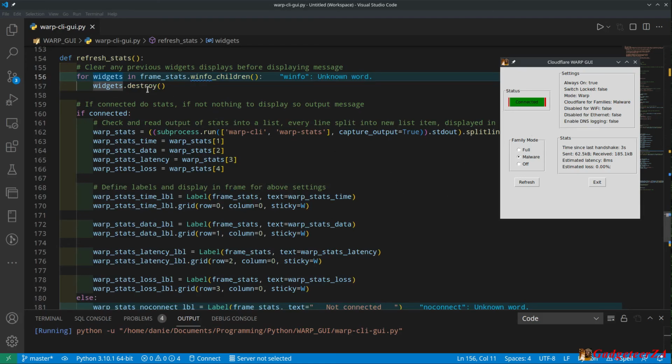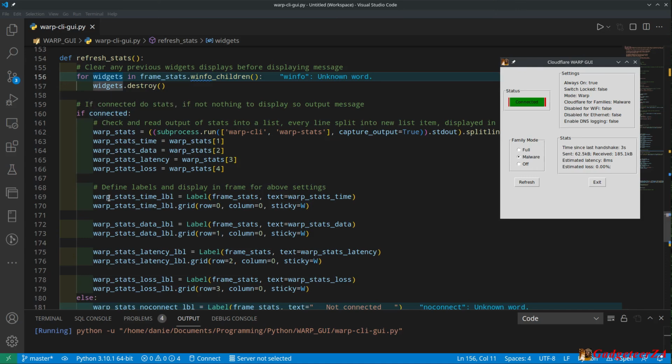So the clearing of the frame was this part. If I'm refreshing stats, if I call this function, I'm just iterating through the widgets and destroying them. And then I've added this if statement to say if connected, and I've created a global variable, and where I'm doing this button thing where I've set it green or red, I've also said make connected true or make connected false.